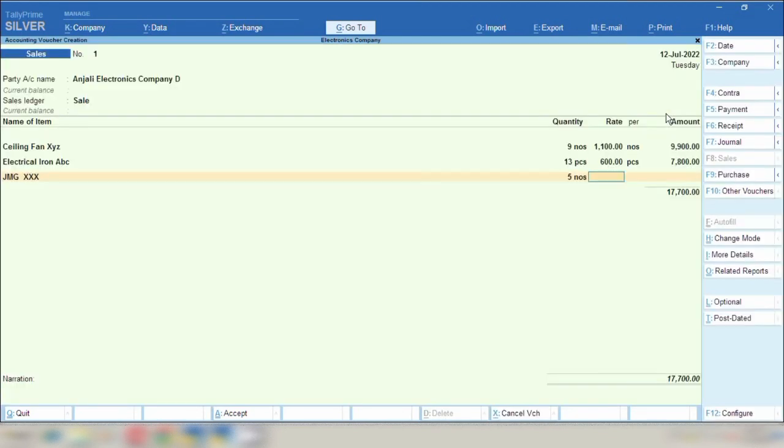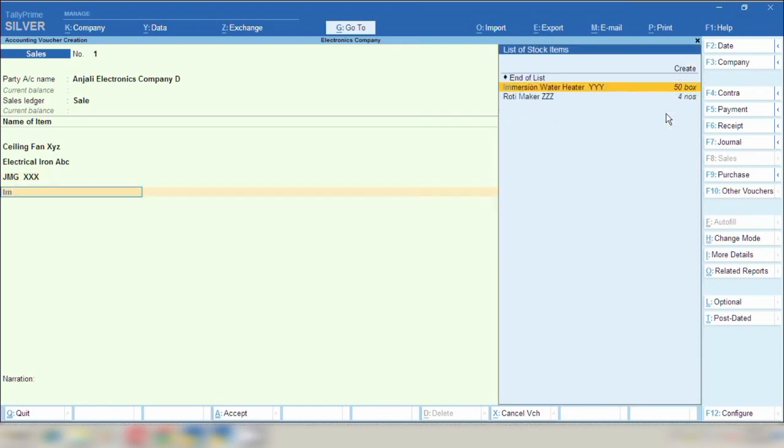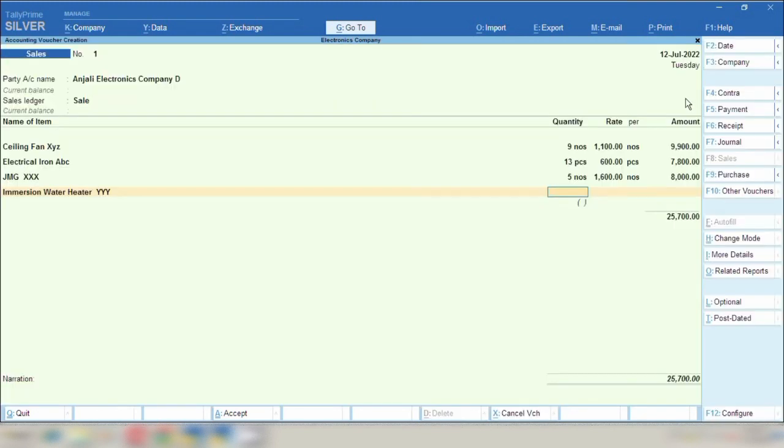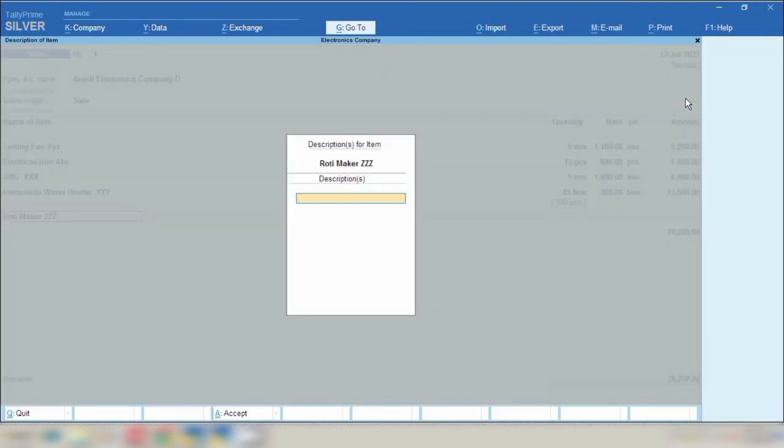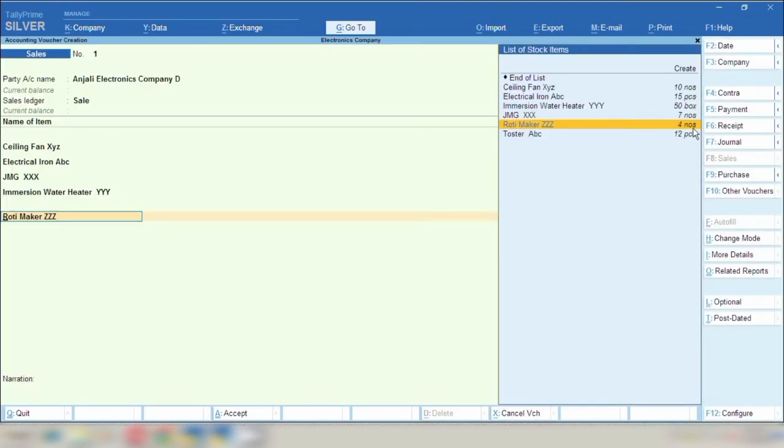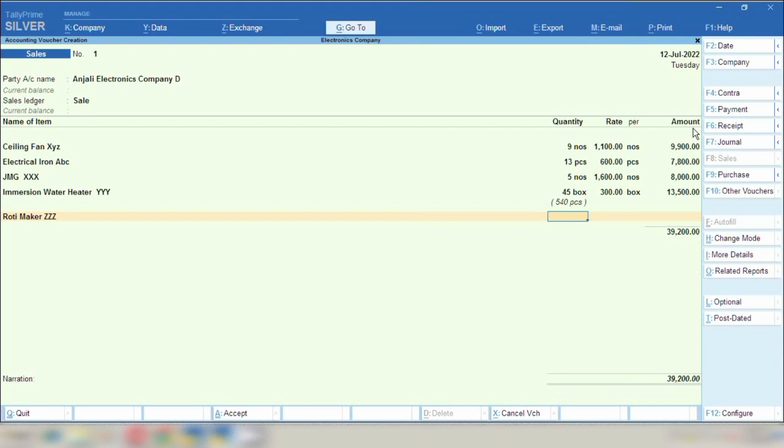If you want to mention your additional item description, you can mention. We are going to sell 5 at rupees 1000. And fourth we are going to select immersion water heater, and quantity would be 45 numbers and rate would be 300. And the last quantity we are going to select roti maker. You can see 4 numbers are available of roti maker, so we are going to sell 2 numbers of roti maker at the rate of